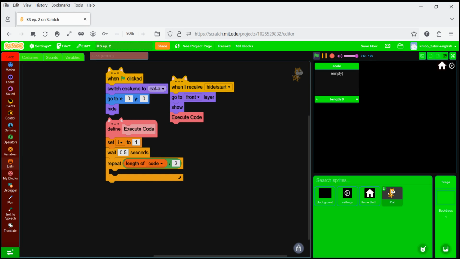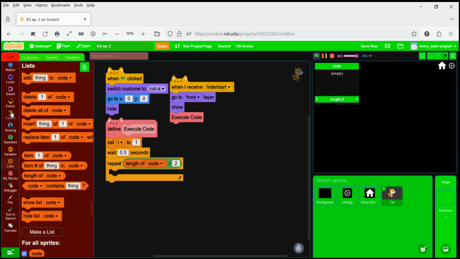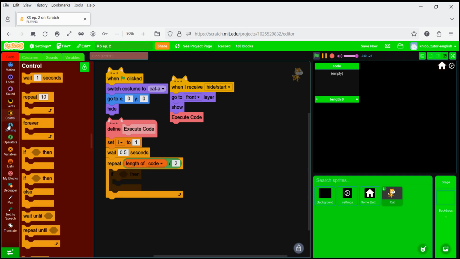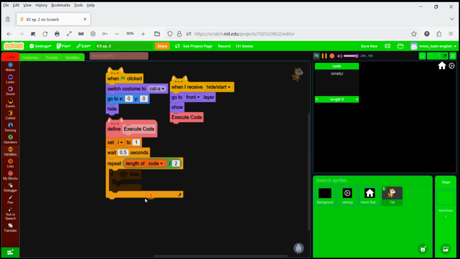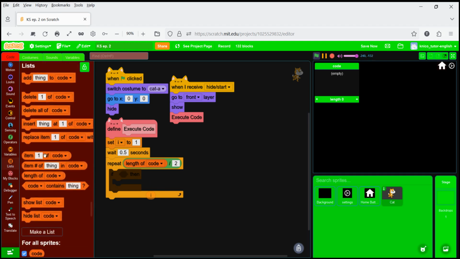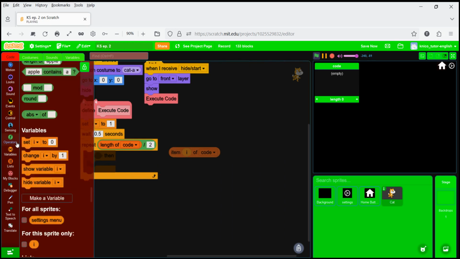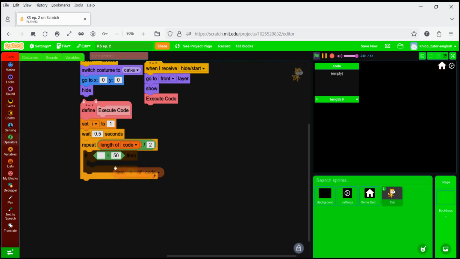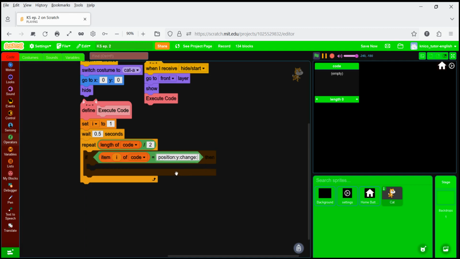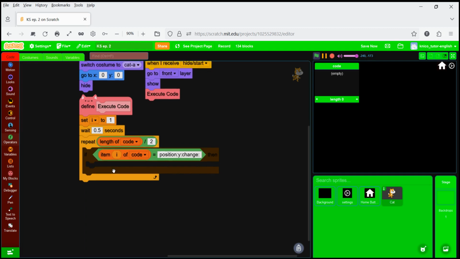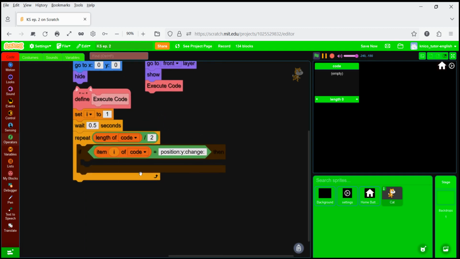And we need an if. And if item I of code equals, and then you type in your comment, then